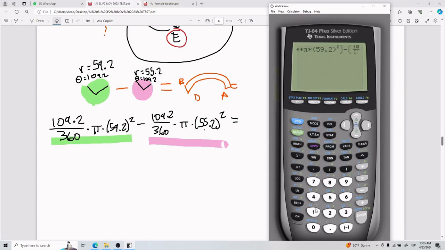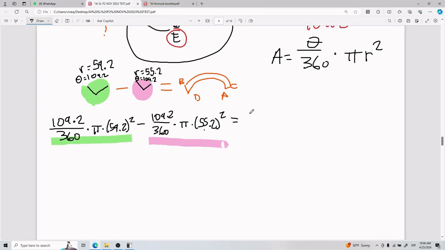So for the guy in pink, I said it was 109.2 divided by 360 times pi times the slightly smaller radius, 55.2 squared. I close all of it. I double check that the parentheses look okay, that the squared also looks okay. Looks all good to me. I press enter, and this is what I get. And so the area of this thing is